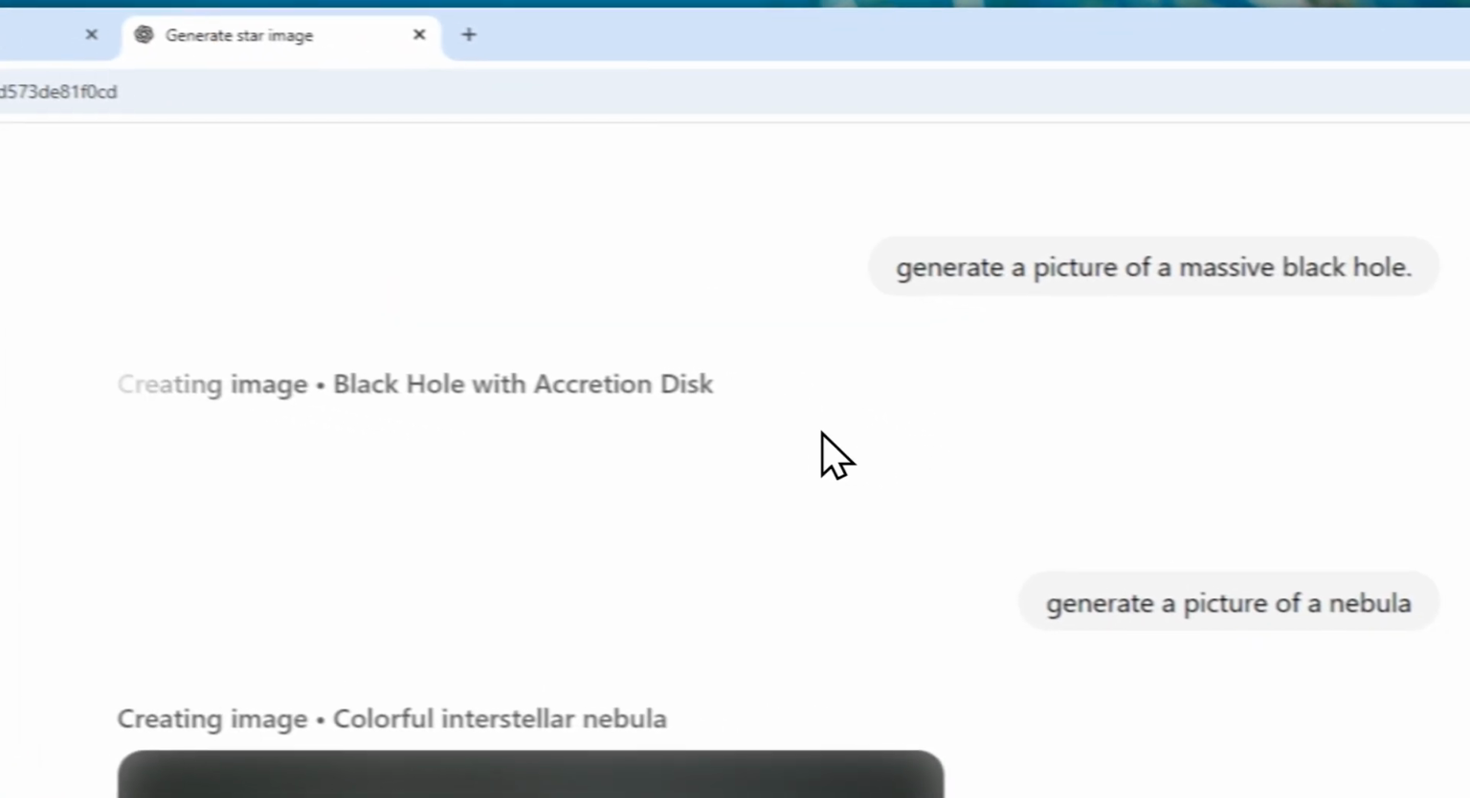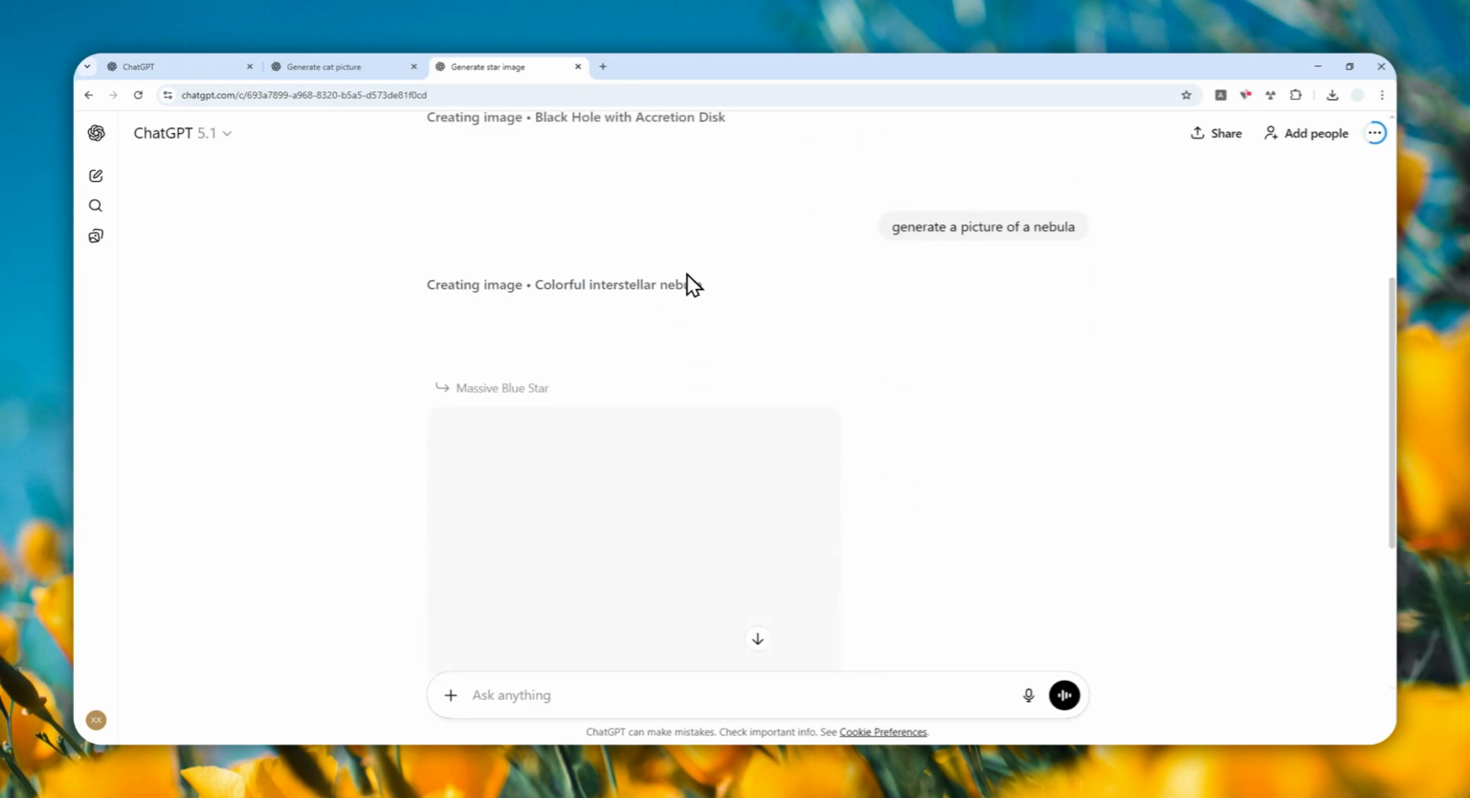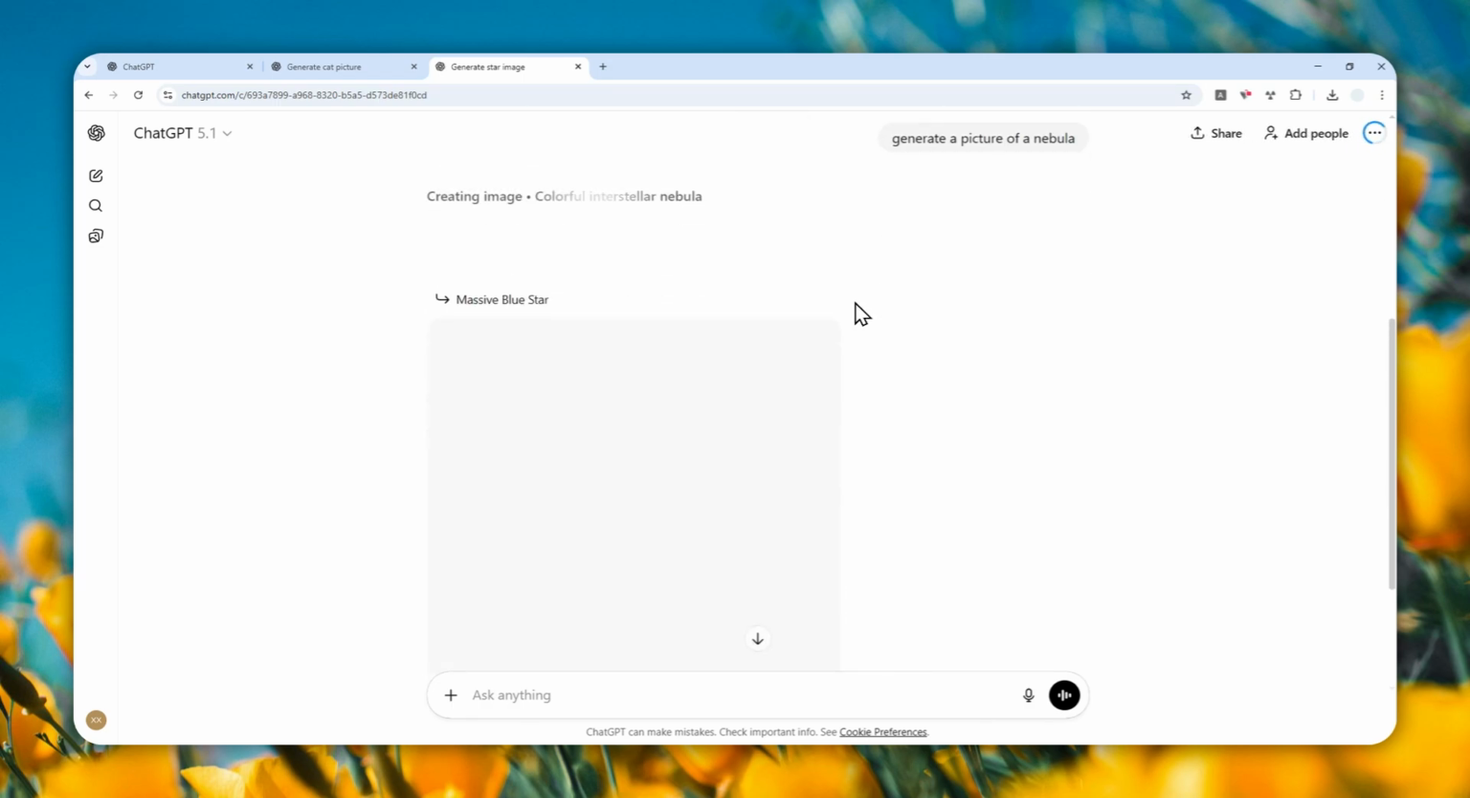But again, at least this tiny feature is very useful to save your time, and you don't have to be waiting for one picture to finish to create another one. So that's how you can create multiple pictures at once using